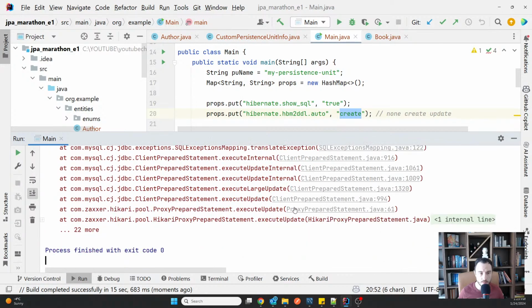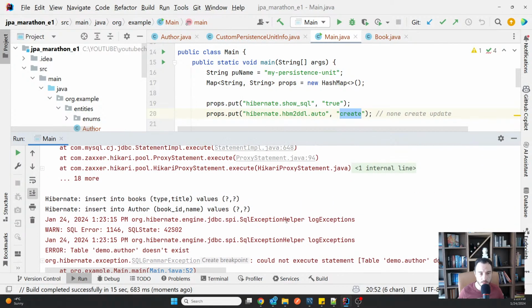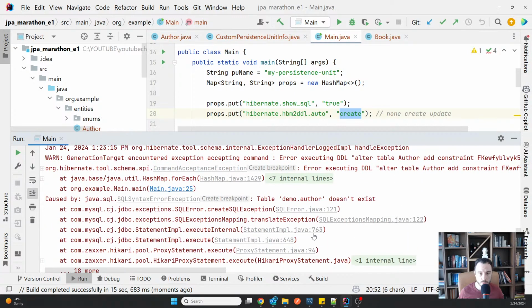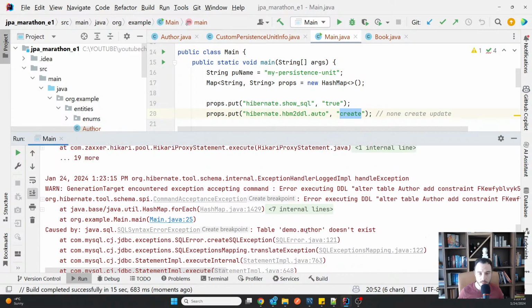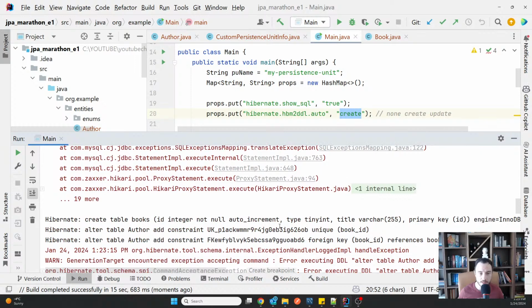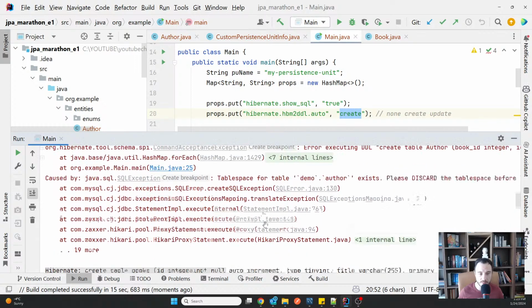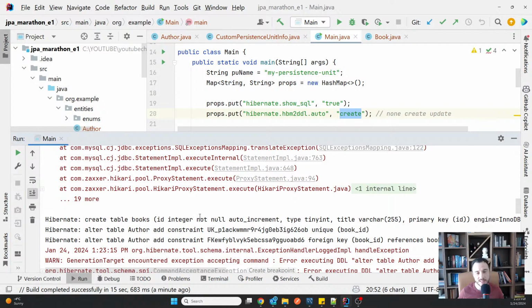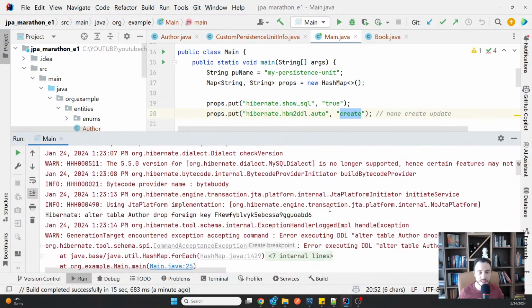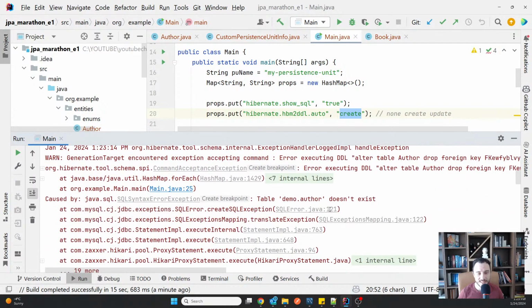Okay, still some problems, have no idea. Oh, damn. Okay, author, I think it's also a reserved type name, no? So that's a very interesting one. I'm happy that I ended up with this, because if I didn't, I was not able to explain it.